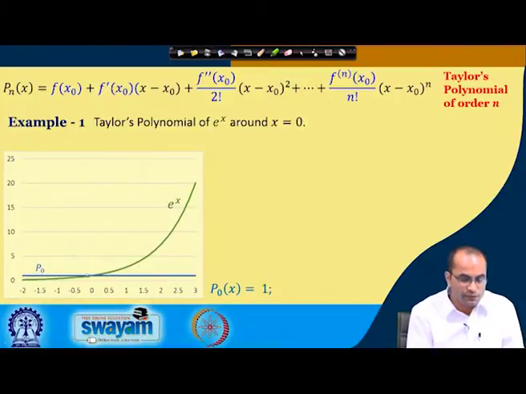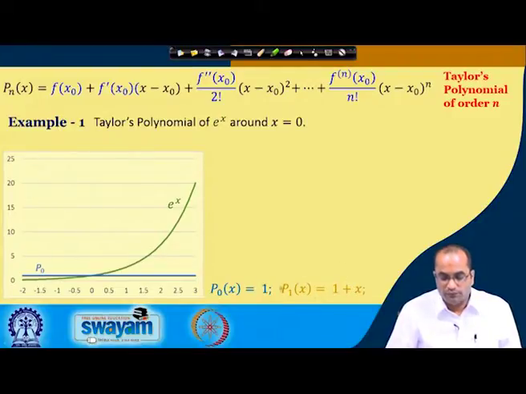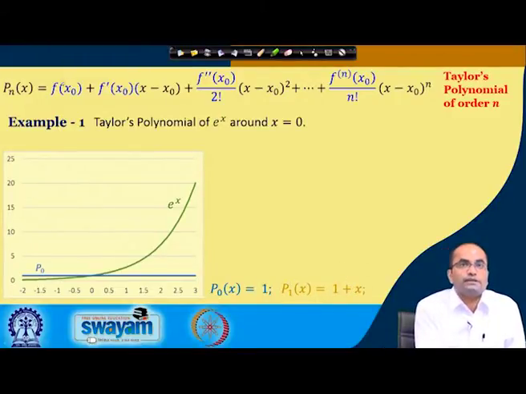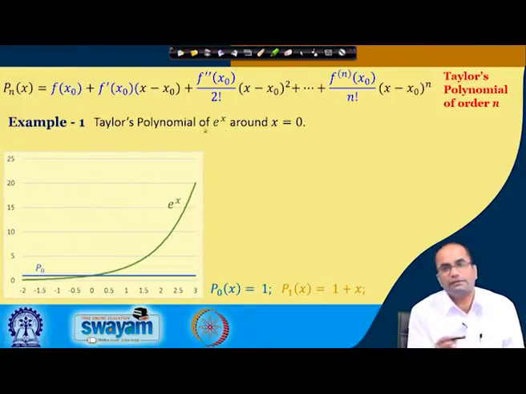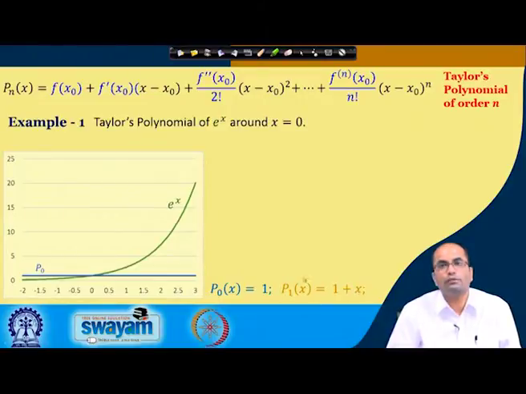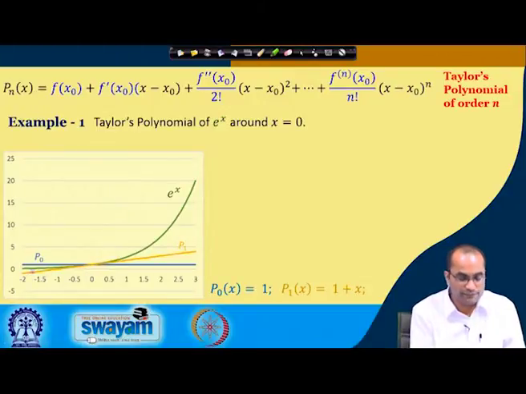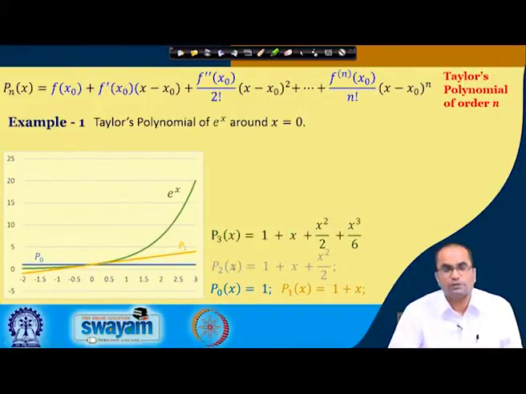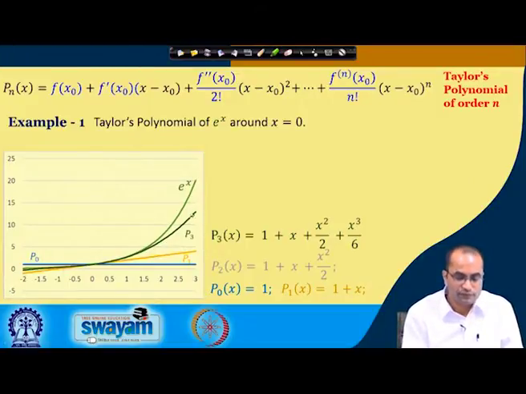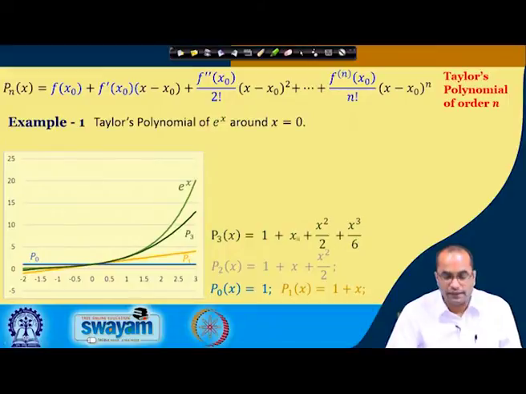So, the straight line going through this 0 1 point, and if we compute the polynomial of degree 1, we will get this f x 0 as 1, and then we have the derivative, e power x, and then at x is equal to 0 this will be again 1. So, we have the polynomial of degree 1 as 1 plus x, which is plotted here. It is again a straight line with slope 1, and now if we continue this process, we can evaluate P 2, then P 3. P 3 again we have plotted here with this curve, and then going further.